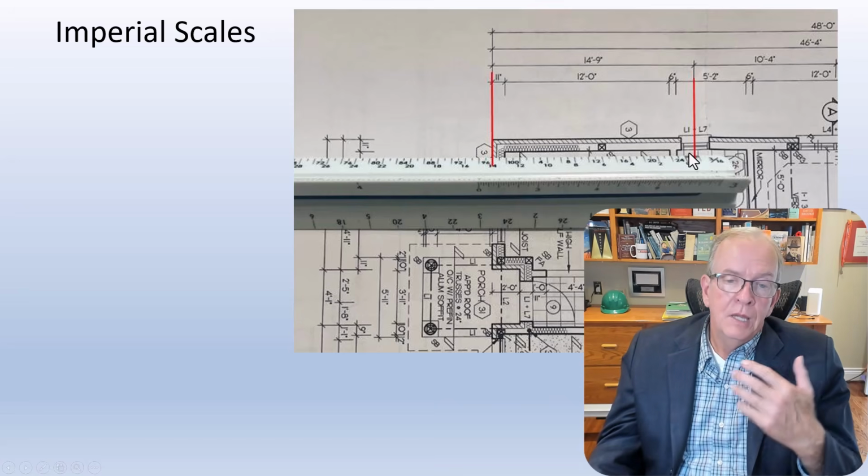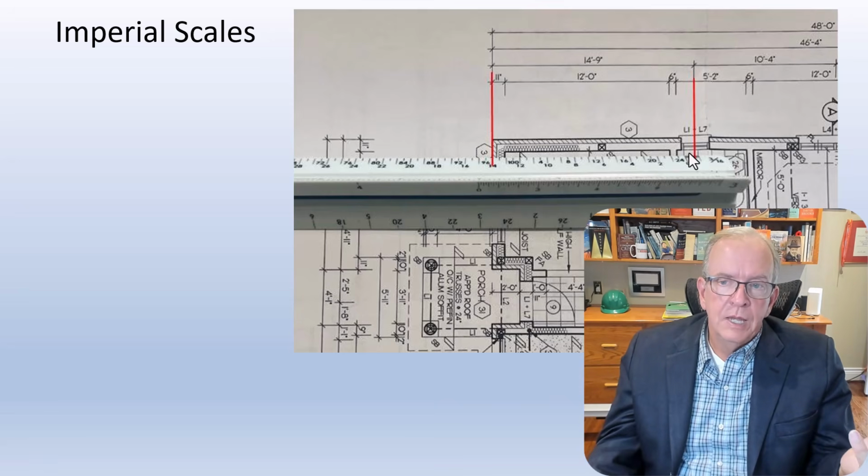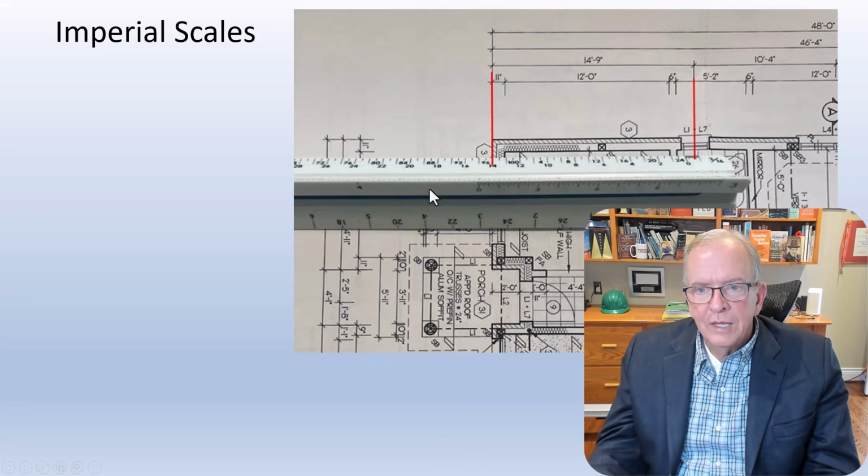So I'm going to say it's plotted to scale. I can check that and I know. So if I wanted to get a measurement from here to there, I should be able to move the ruler and scale it from there to there and get a pretty good idea of where that is. Again, though, I'm going to emphasize I wouldn't be doing it for any kind of important measurements, but I would